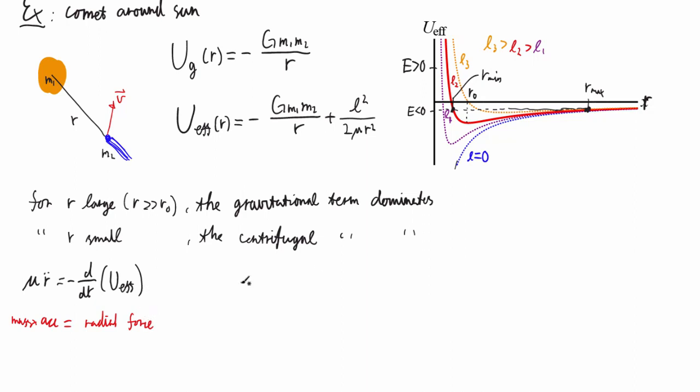So what I'm going to do now is recast this in a slightly different form. I'm going to begin by multiplying this equation by an r dot. Then we get mu r double dot r dot equals minus r dot